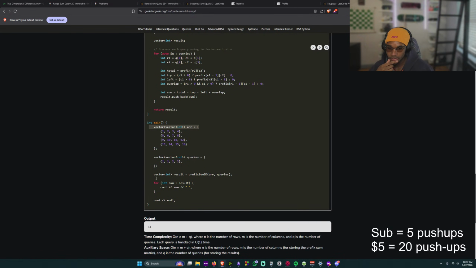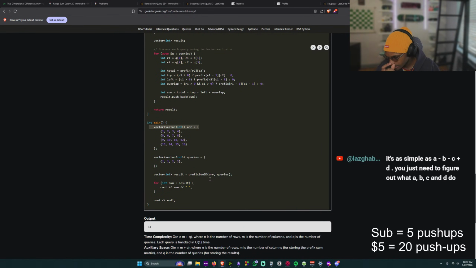And the result equals the 2D prefix sum we made. It's as simple as A minus B minus C plus D. Oh, okay.